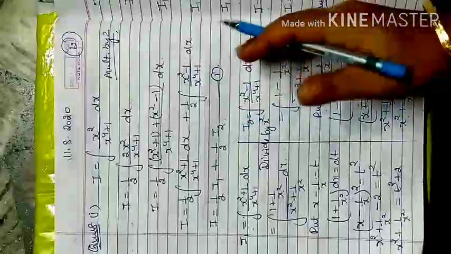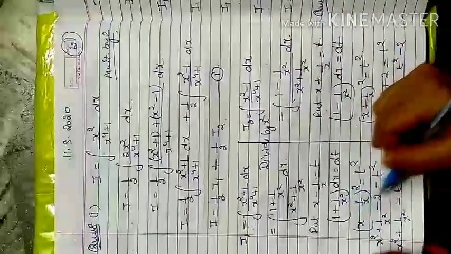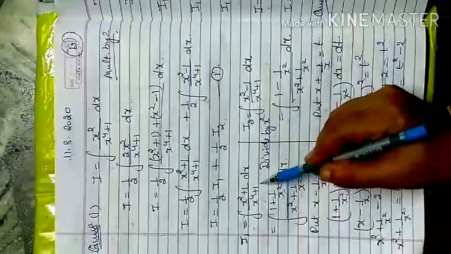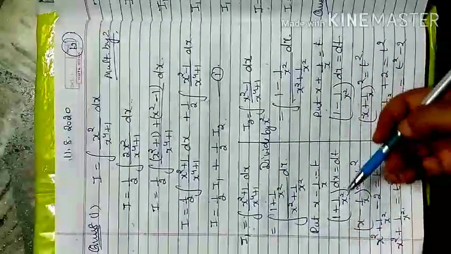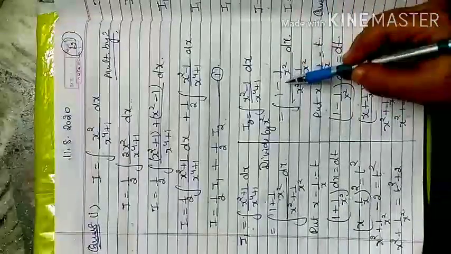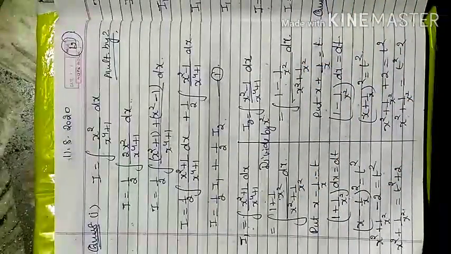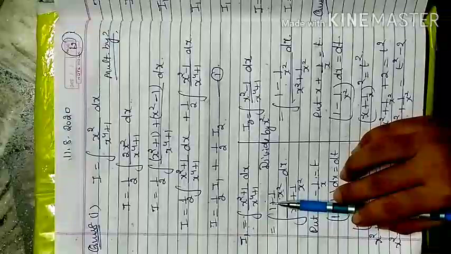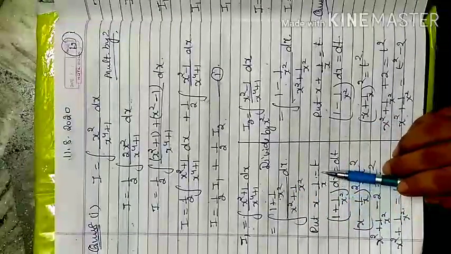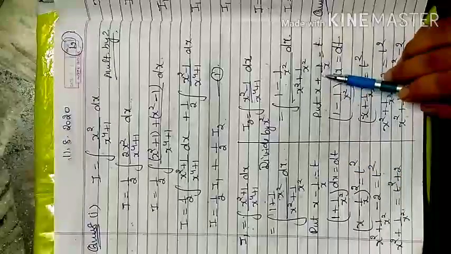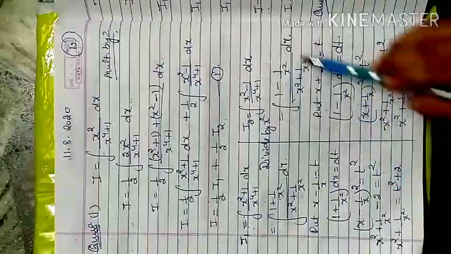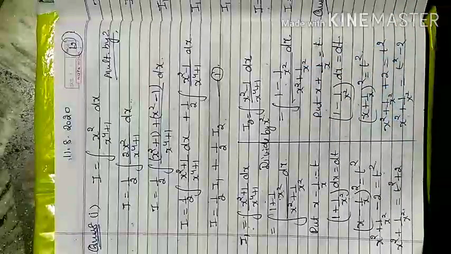Now I make a line and separately solve the two terms, I1 and I2. So in I1, (x square plus 1) by (x4 plus 1), when I solve the method, divide by x square here, and here also divide by x square. Here is negative, here is positive, only the sign difference is there. Here if the positive sign is there, I consider x minus 1 by x is equal to t. Here x plus 1 by x is equal to t. So exactly this numerator merges up into dt, and this numerator also merges up into dt.